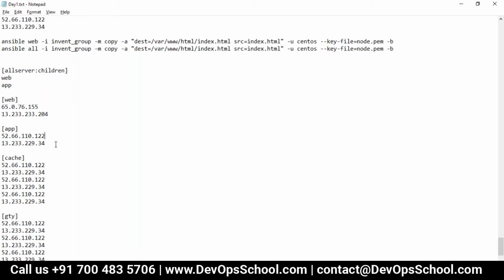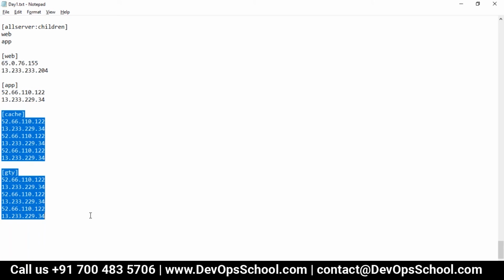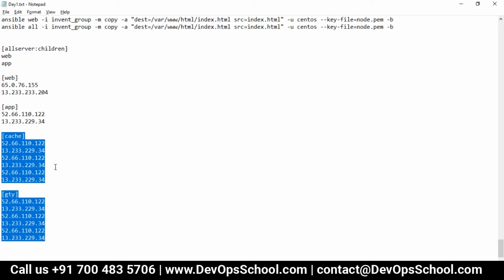What about if you want to make web and app both together? I can use the all command, right? No, all has more than web and app. Okay, in that case, if you want to push it to web and app alone, then I can use that all web app or something, how is it?